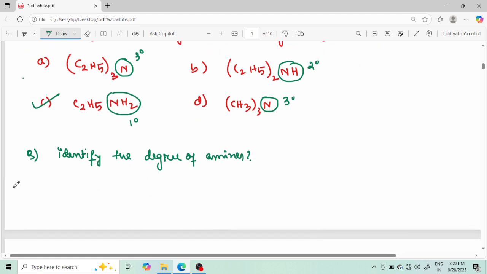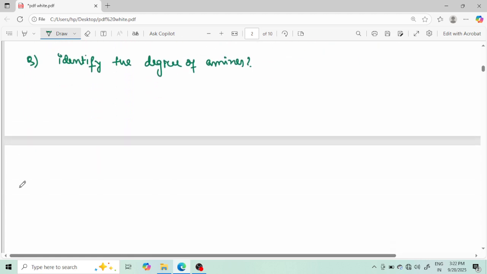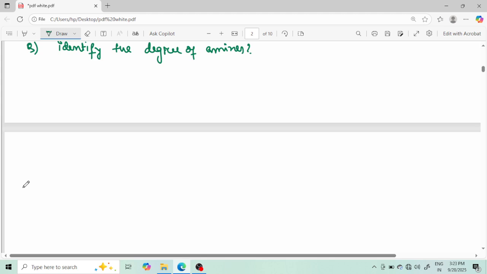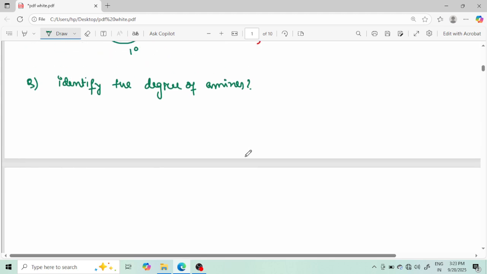Okay, so I'll give you some compounds, and you have to identify what degree of amine it is. Alright, so suppose the first question, question number 1. Say I am giving (CH3)2CHNH2. Now whatever compound is given, it does not matter. I'll just look at the nitrogen, and it has 2 hydrogens, so I can say it's a 1 degree amine,